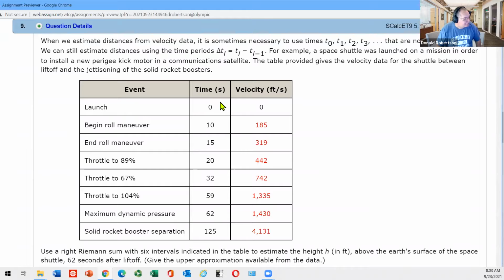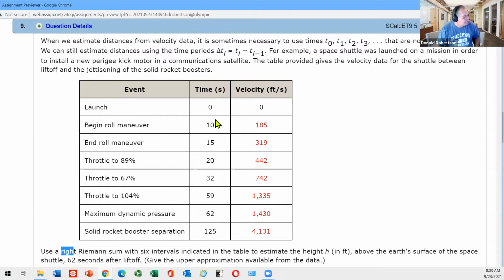So for instance, the first rectangle would be 10 units wide, right? Because from there to there is 10. And depending on whether you're going to do the left or the right, and since you've been asked to do the right, they're using this term called Riemann sum, which is actually where I'm going to be starting today. So you take the guy to the right, the key word here is right. So what you would do for the first rectangle is 10 units long,